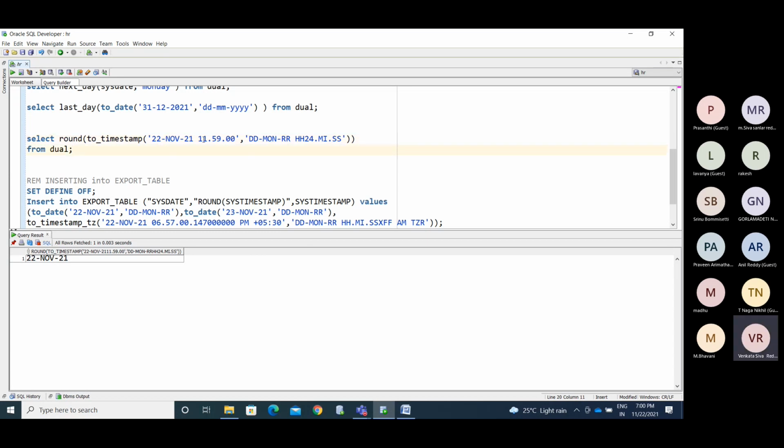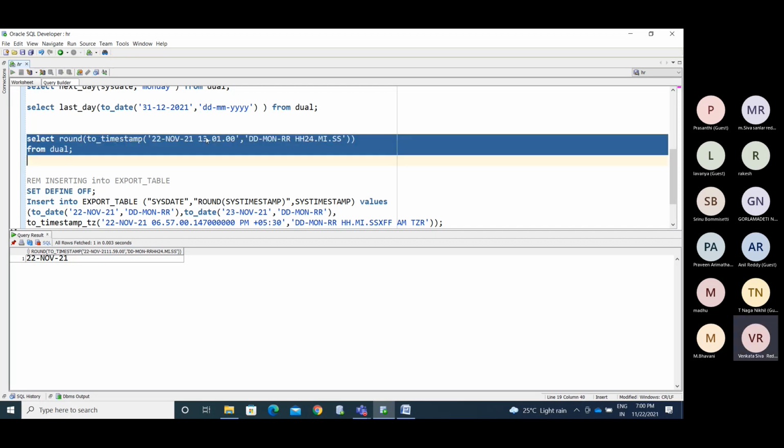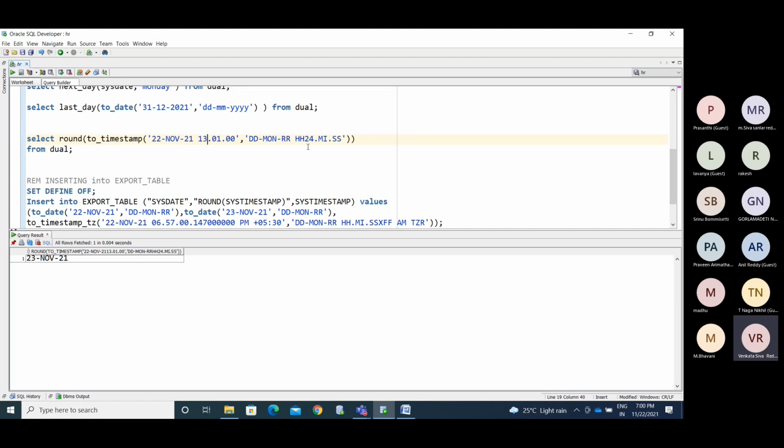Now I make it 13:1, so we have put the hour in 24 hours format. Now see, if it becomes 1 p.m., it goes to the 23rd. So this is how the round function works.